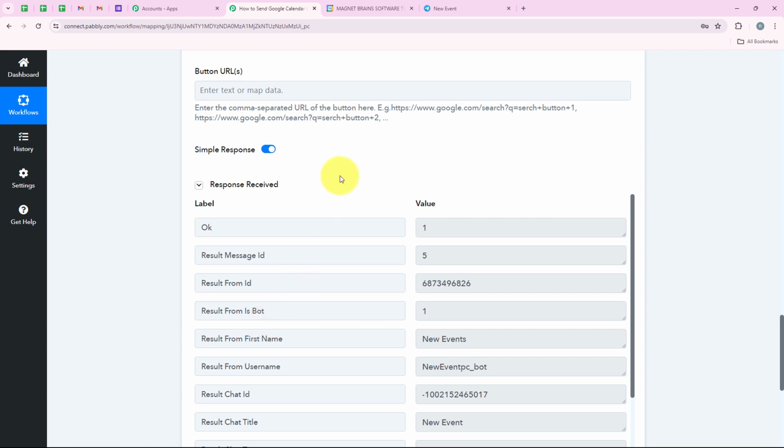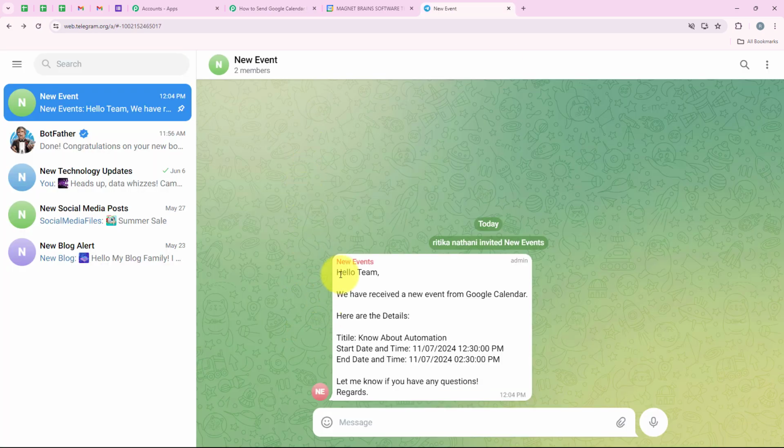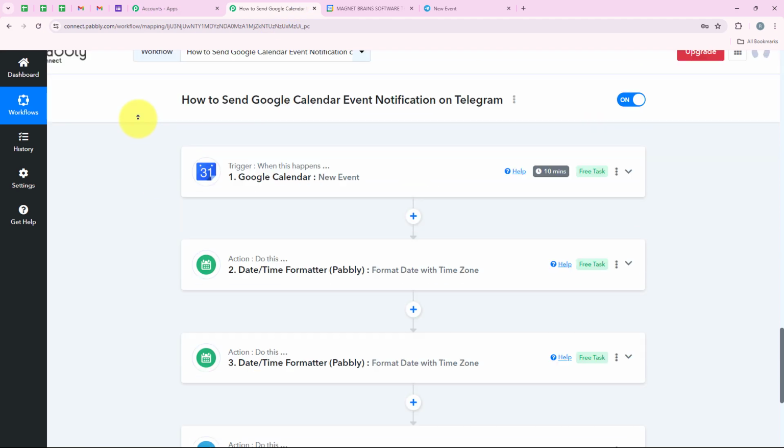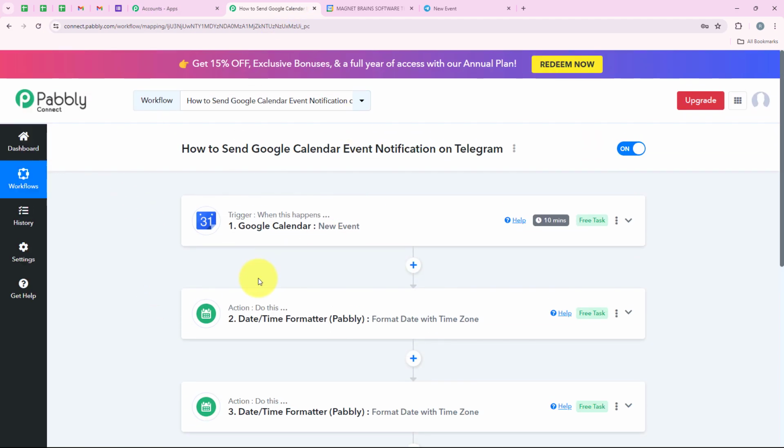So I'm going to open my Telegram and check whether a new message has been sent or not. And yes, you can see that we have received the new message, hello team. We have received a new event from Google Calendar. Here are the details: the title, start date and time, end date and time. Let me know if you have any questions in regards. So with this, our workflow is successful, and I'll just test the workflow once, and this time I'm going to